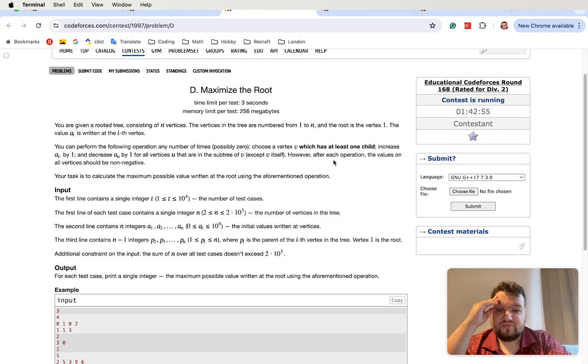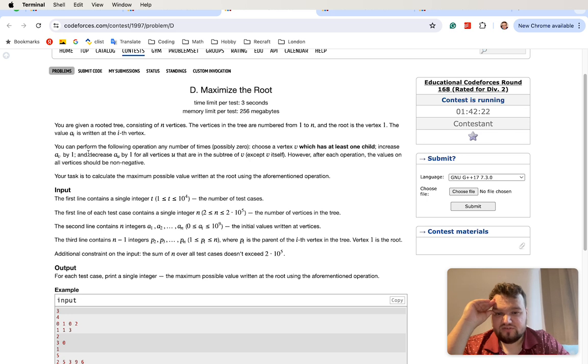However, after each operation, the values on all vertices should be non-negative. Okay, so we can suck the life out of the subtree to increase the value in the root by 1. Kind of seems cruel and pointless. Your task is to calculate the maximum possible value written at the root using the aforementioned operation. Okay,